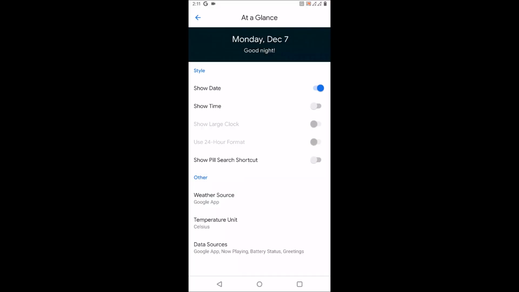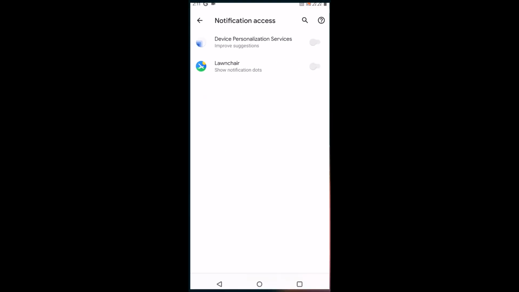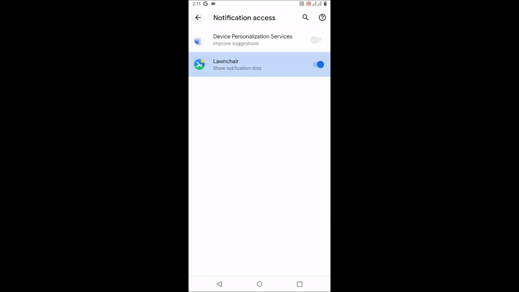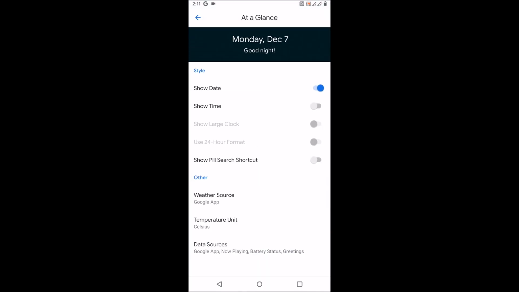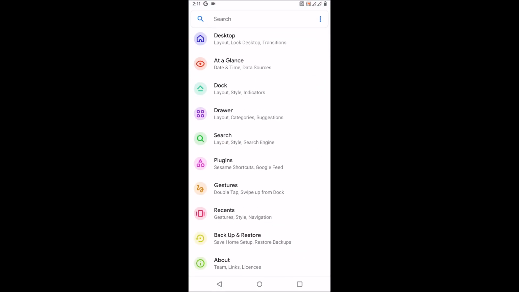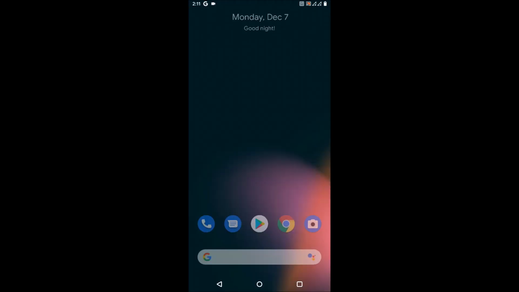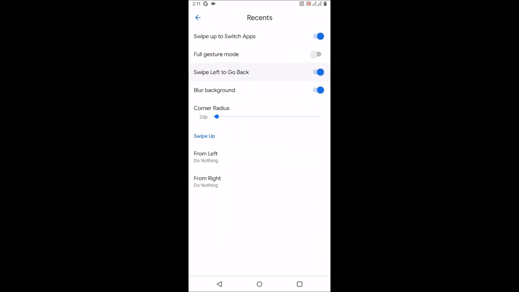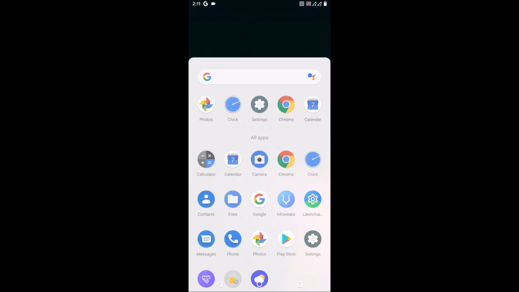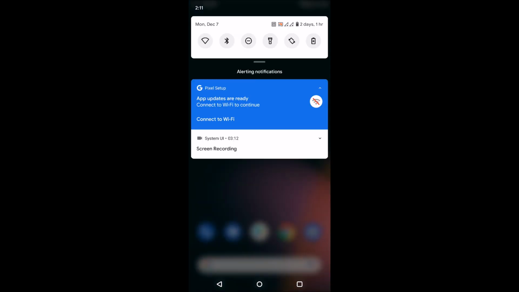Okay, now let's check out the quick settings. The quick settings also have many features. As you may have noticed before, the navigation notification bar has this blur transparent look, which is from Android 11, so it looks really nice to be getting that on an Android 10 GSI. As you can see, you can change it to make it transparent. But again, I think it looks better when it's solid, so I'm going to set it back. So UI tells me